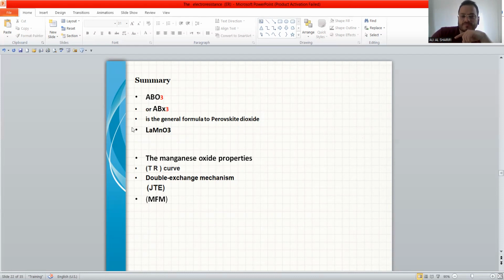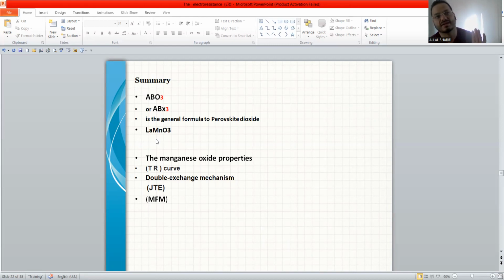We will depend on a form like lanthanum manganite, O3. The manganese oxide has many properties, like electrical properties, electric resistance properties, magnetic and magnetic resistance properties, but we focused on the electric